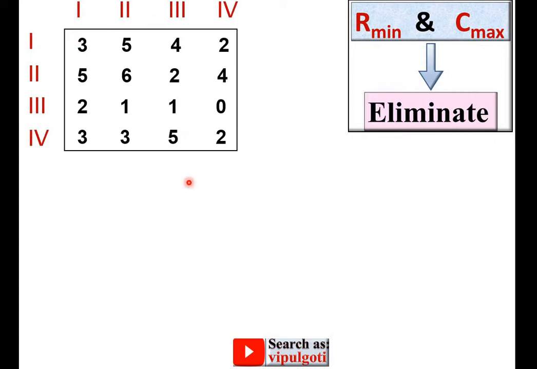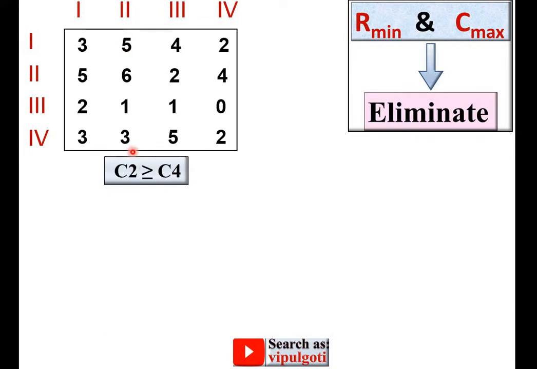This is the given payoff matrix. Now if you want to see the dominance rule in detail, then you can refer to my earlier videos on the dominance rule from the game theory chapter. Here I am going a little bit fast. So here I can say C2 is greater than or equal to C4. That means column 2 is greater than or equal to column 4. And according to this note, column maxima should be eliminated. That means C2 should be eliminated.